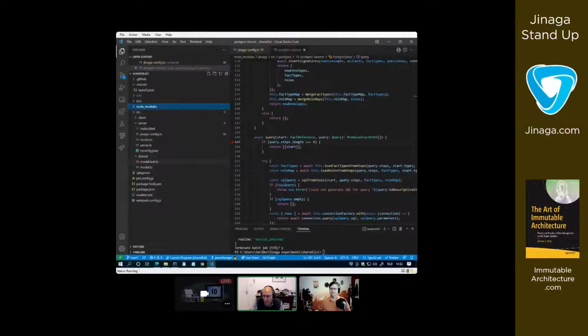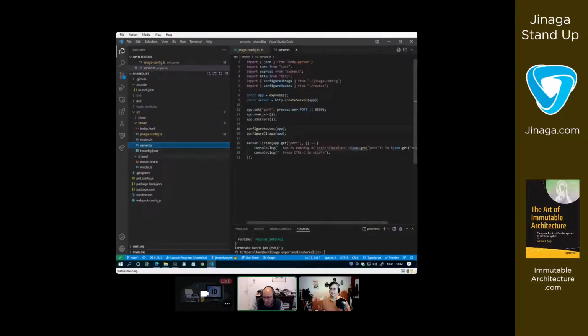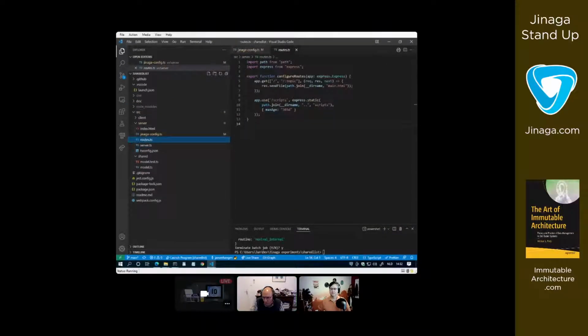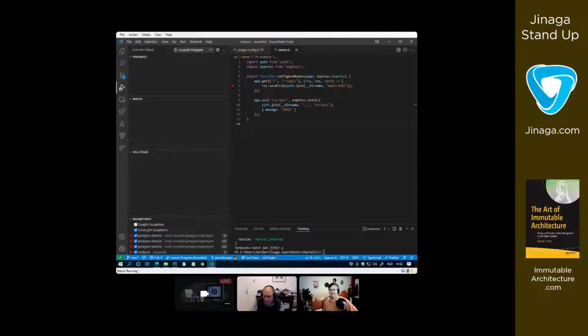I take, let's say, routes. That one I'm gonna execute, configure routes. I put a breakpoint there. Yeah, this one should be the easy one because this is your application. It appears here.